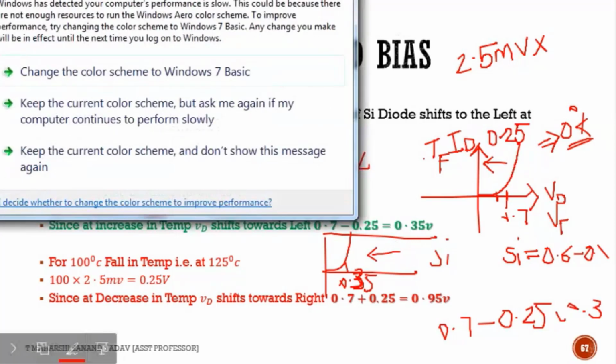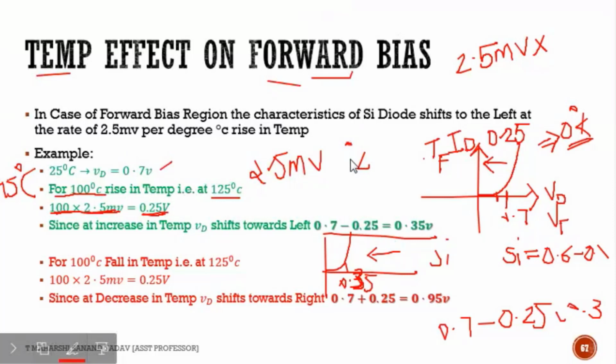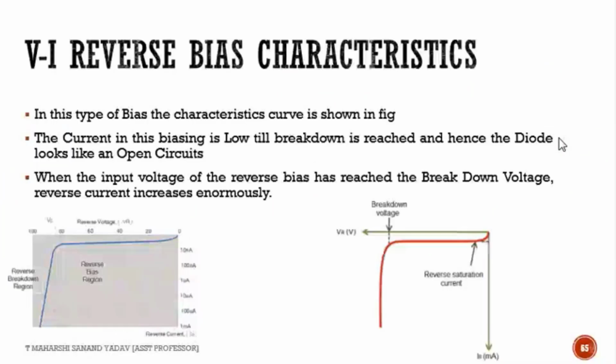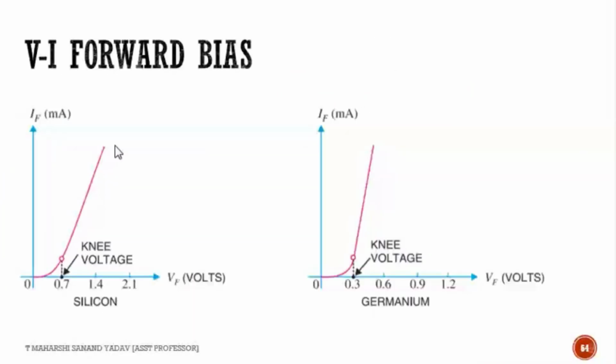Are you able to understand this, or do you want me to repeat once again? Repeat it, sir. Okay. Initially the graph that we got, it is better we go with the earlier slide only. Here, under forward bias characteristics, what is the barrier potential for silicon? Please respond so that you'll understand easily. 0.6 to 0.7. And what is the temperature? At 0 degree Kelvin I got this graph. Clear till here?